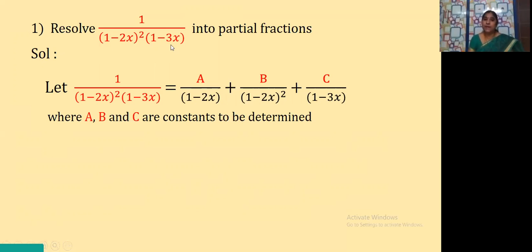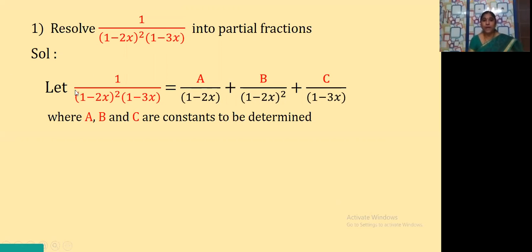And see, one more factor is there, that is 1 minus 3x. What is 1 minus 3x? It is also a linear polynomial, yes or no? Because here also the degree is 1. But what is the power n here? Nothing is given, that means it is nothing but 1 only. That means this linear factor is there only one time, so it is not repeated. So for this linear factor we get 1 partial fraction, and for the other linear factor we get 2 partial fractions. So on the whole, we get 3 partial fractions.